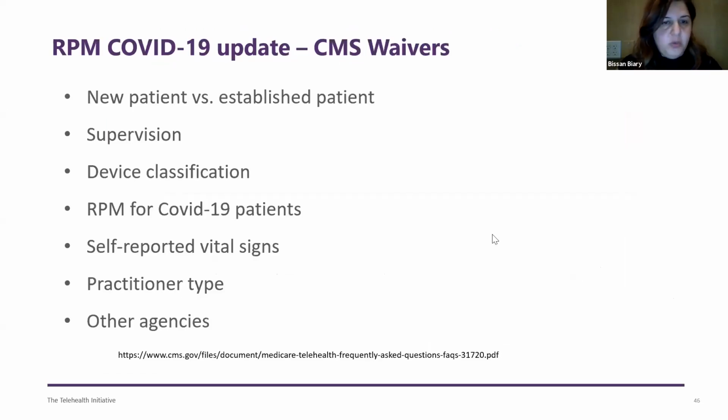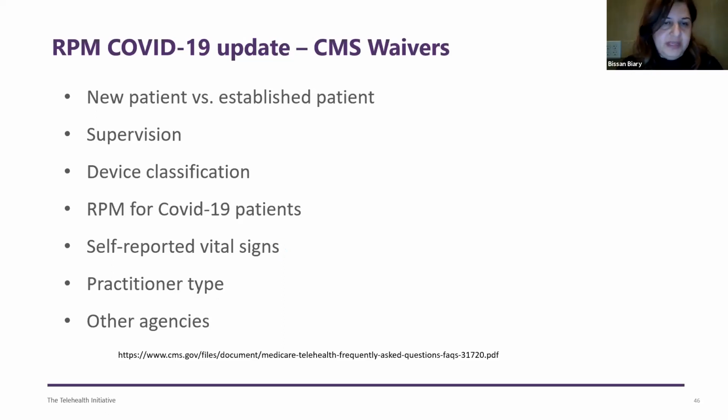And just a very quick update about the waivers that were put in place. I'll run through them quickly, and if we don't have time, there is a link at the end of the slides where you can look for those waivers on the CMS FAQs. I highly recommend that you keep checking all the FAQs that CMS is coming up with, because they're adding new waivers. And one thing I will also add, the new proposed rules had some information about remote patient monitoring,